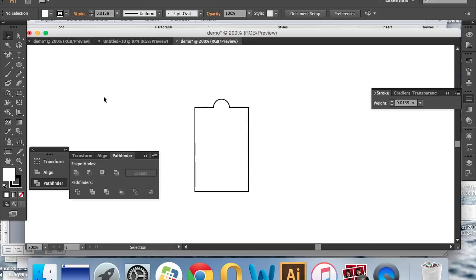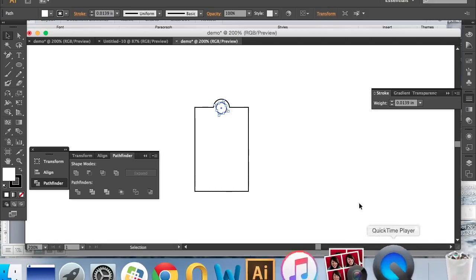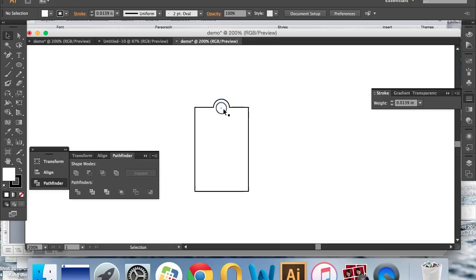to join all the shapes. Select the man and make him smaller. Move him into the keychain. Then, to make